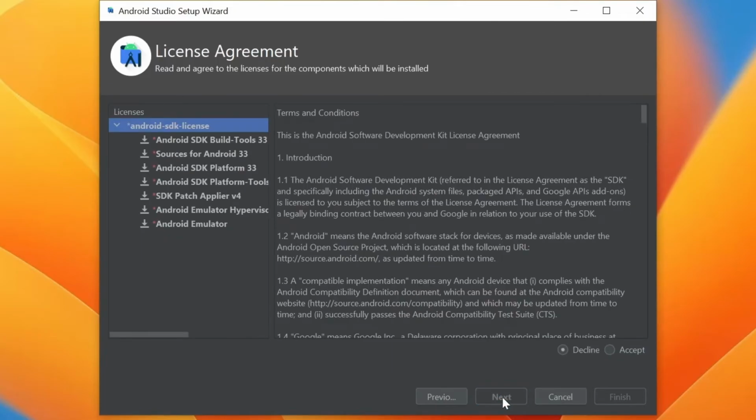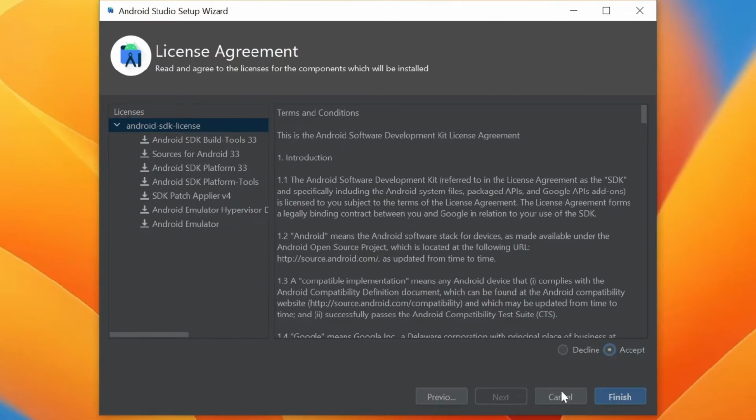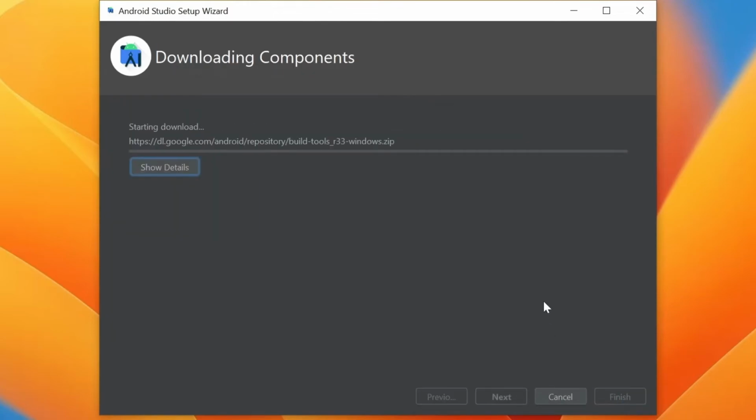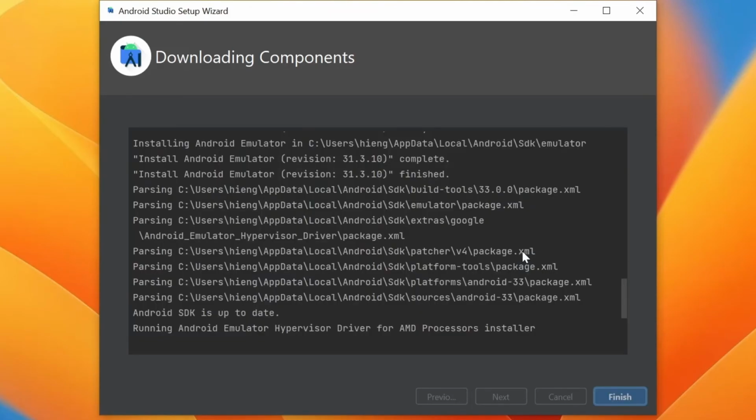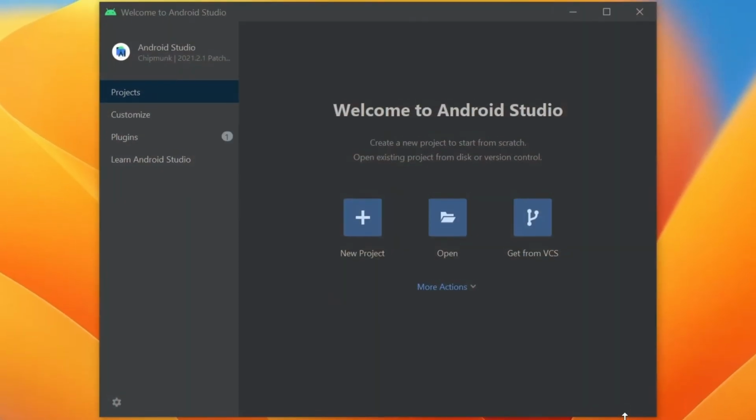Now we need to accept the agreement before downloading the required files. Alright, now we have